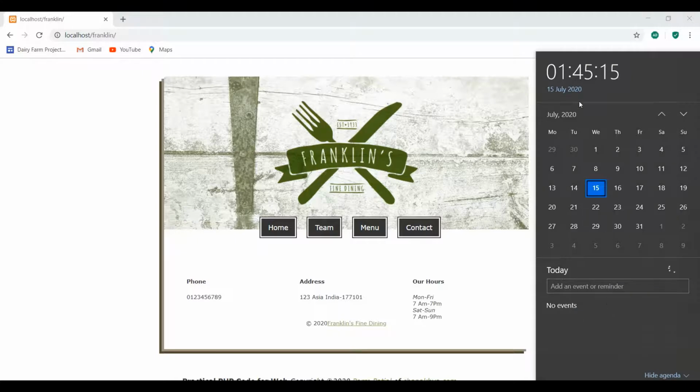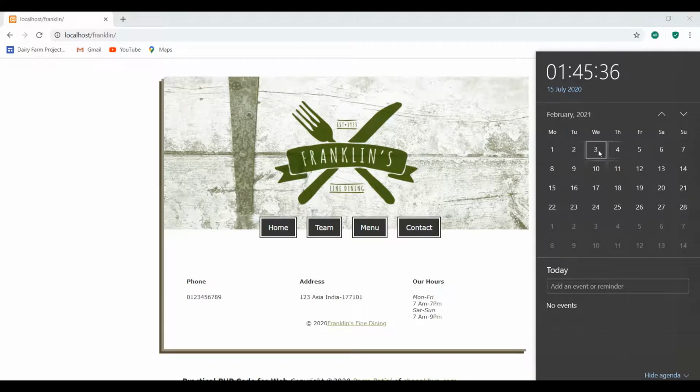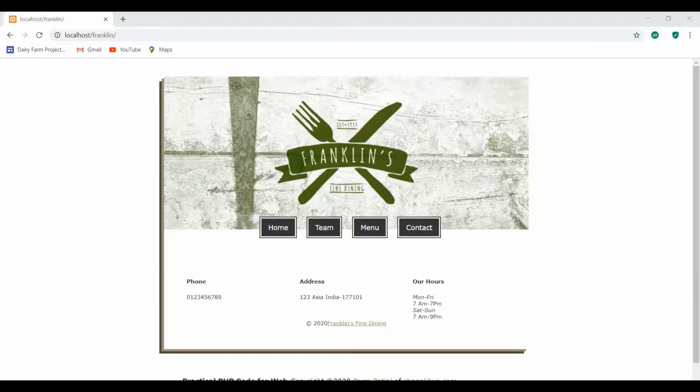If we change the date from here, it will automatically change the year, because the system date year will be taken there.